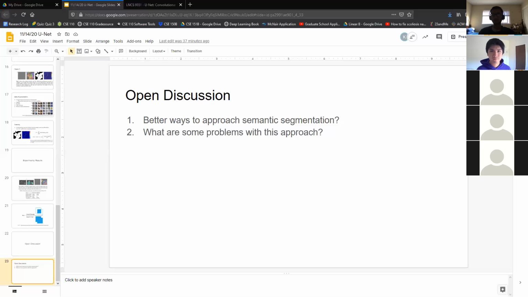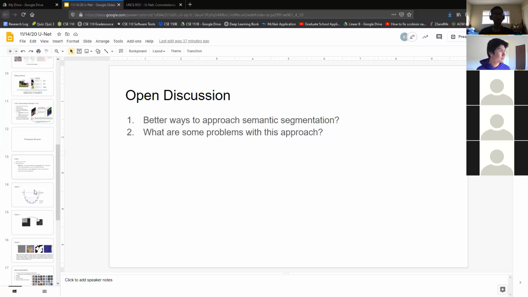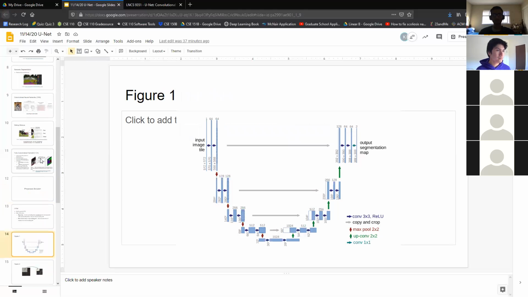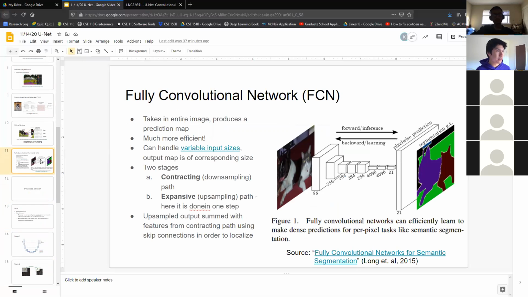Yeah, I had a similar concern. I was wondering how they came up with the network architecture. Does the paper specify how they arrived at this architecture, going off of other approaches that have worked? Yeah, so they most directly improved upon the FCN. Basically, they took FCN and made it symmetric. And then they showed that that empirically performed much better.